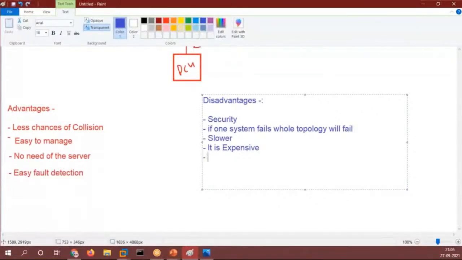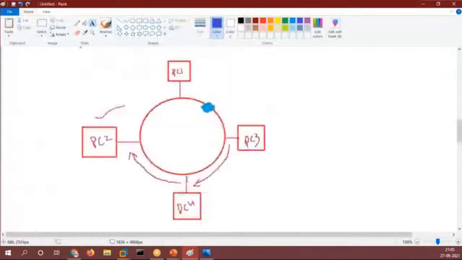Now what else? So one more disadvantage which I'm not writing, but I will tell you: if I want to send the data, every PC must be switched on.